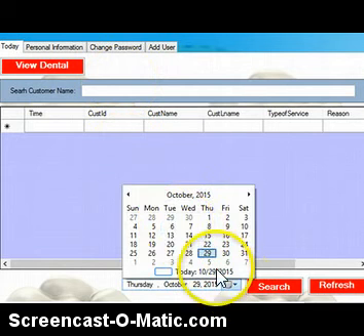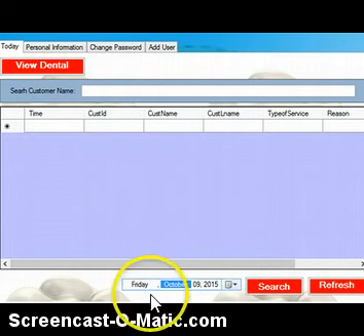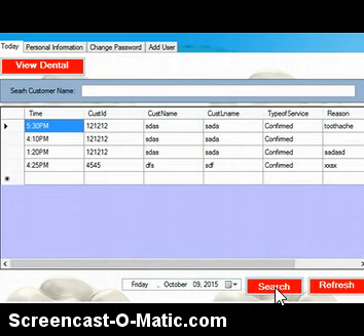So I will check if in my database the appointment for the month of October 9 will appear. Alright, so I have here the set of customers with the appointment date. So just refresh if you're going to add a new customer.